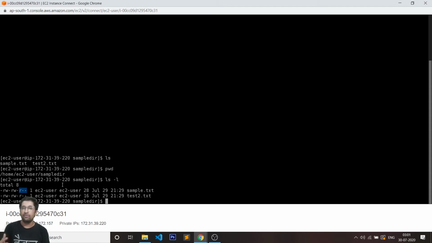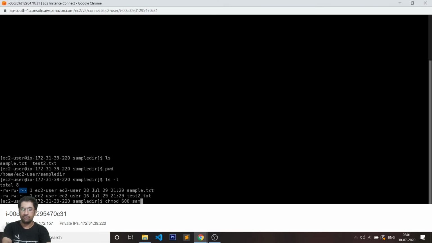Now, what if you want to make some changes to these permissions? You will be using the chmod command. So I'll be typing in chmod followed by the permissions that I want to give the file. Let's say I want the file to be readable and writable only by my user. I do not want to give my group or the outside world any permission. I want to revoke their read permission. So in that case, I can just quickly type in chmod 600 followed by the name of the file.